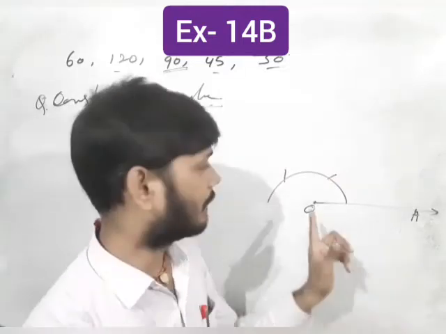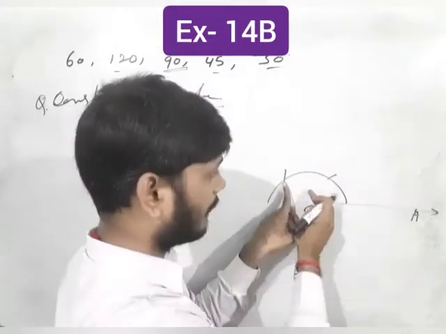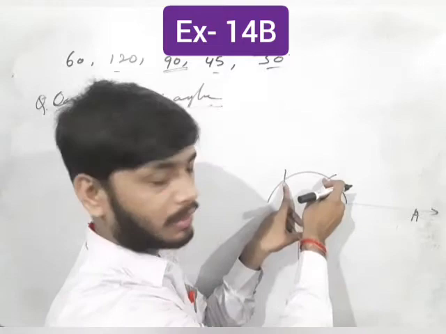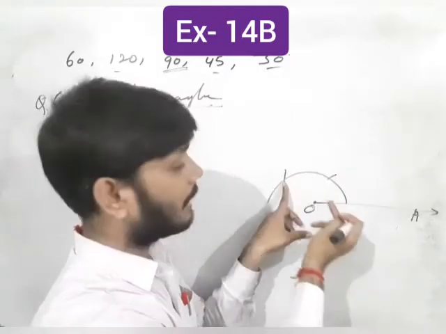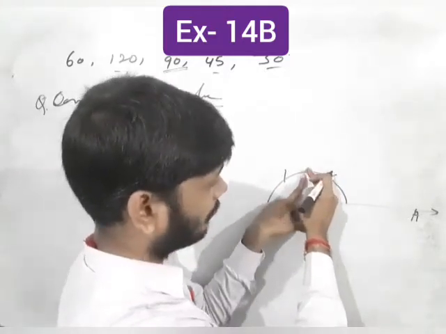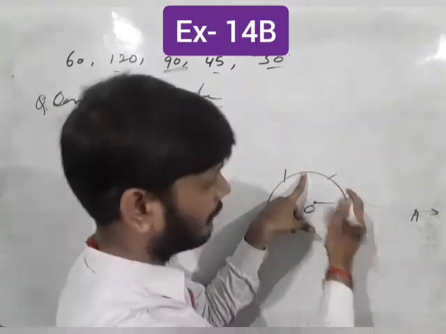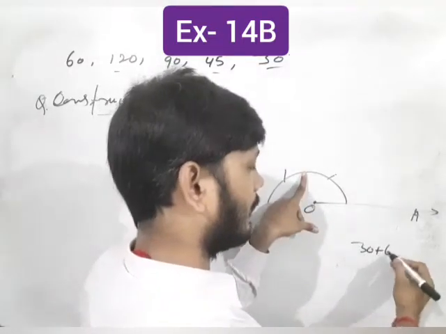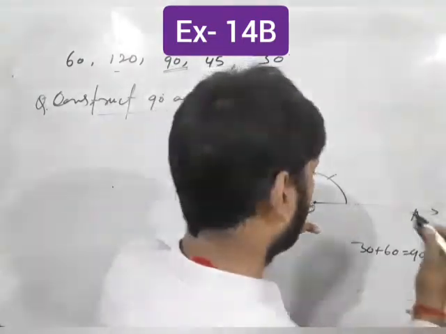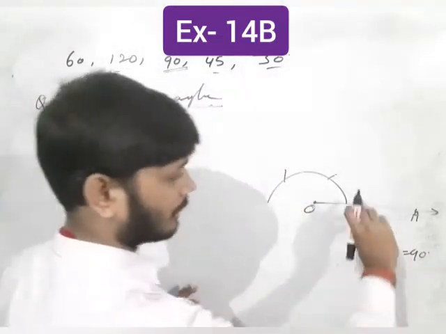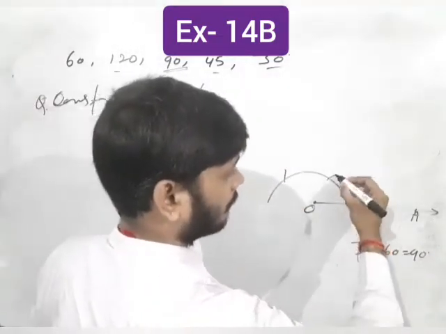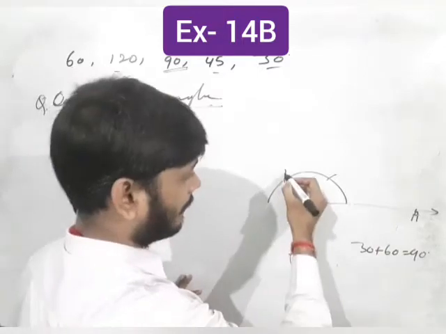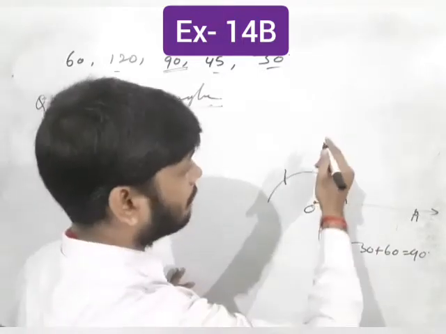When you bisect this 60 degree angle, that means 30 degree angles, it's part with 30 angle. That means when you draw here 30 degree angle and here 60 degree, 30 plus 60 is equal to 90 degree. That means friends, first of all cut the arc here 60 degree and here 120 degree, and then bisect